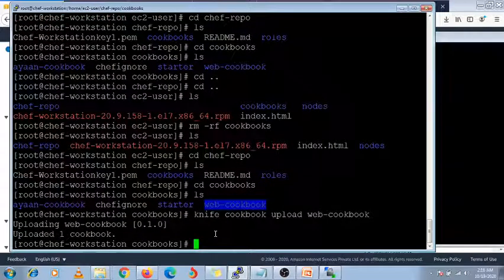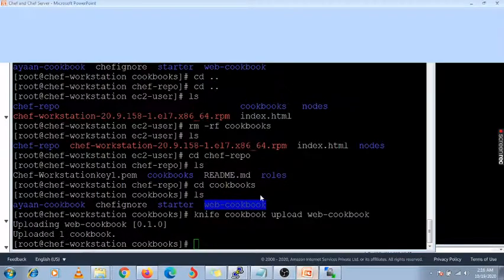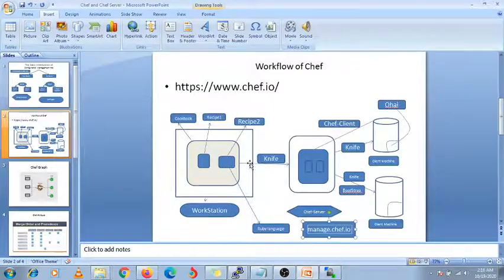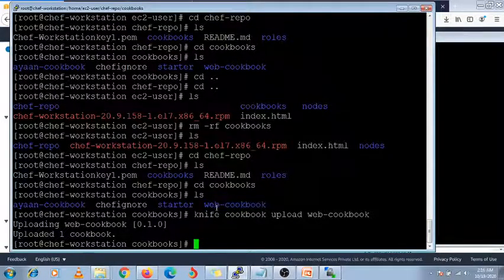Using this knife command, it will connect, because in this diagram we have already mentioned that using knife our workstation will connect, right? Whatever cookbooks are available, you can upload them to your Chef server using this knife tool. So you need to specify here knife cookbook upload web cookbook.